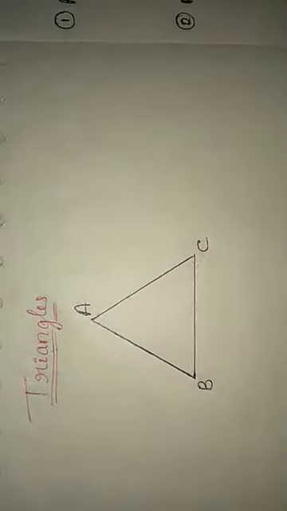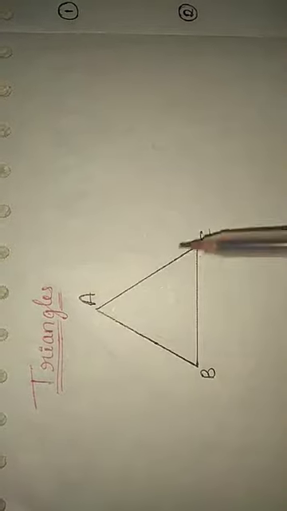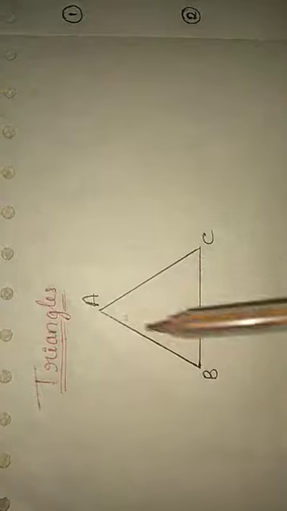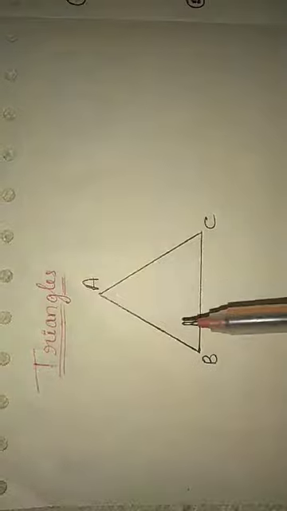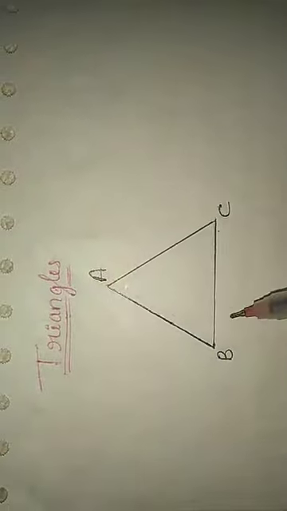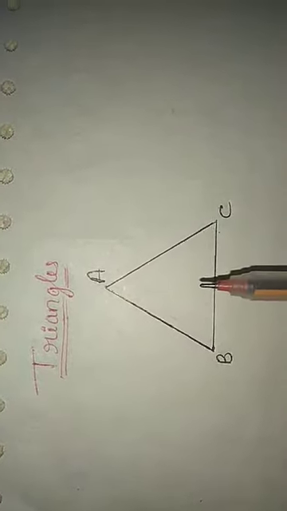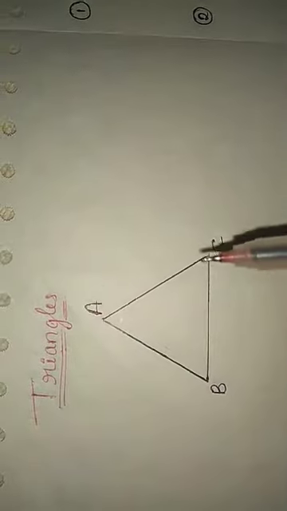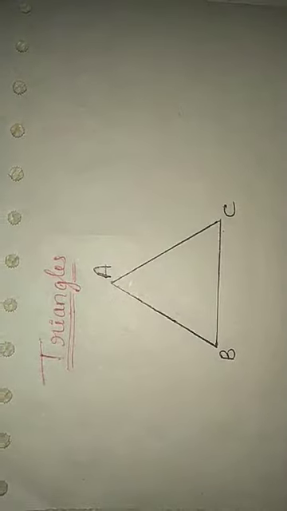We know that if ABC is any triangle, then AB, BC and CA are the sides, and A, B, C are the angles. We studied about this triangle. Based on these sides and angles, we have six types of triangles. Based on sides, we have three types of triangle. Based on angles, we have three types of triangle. Total, there are six.